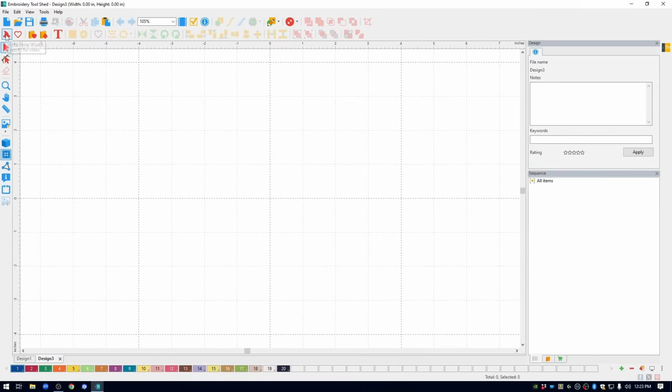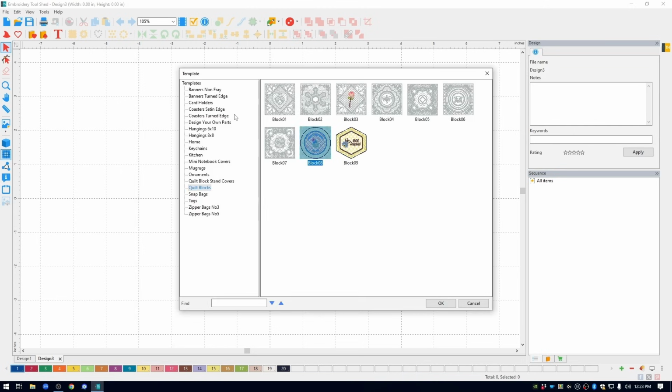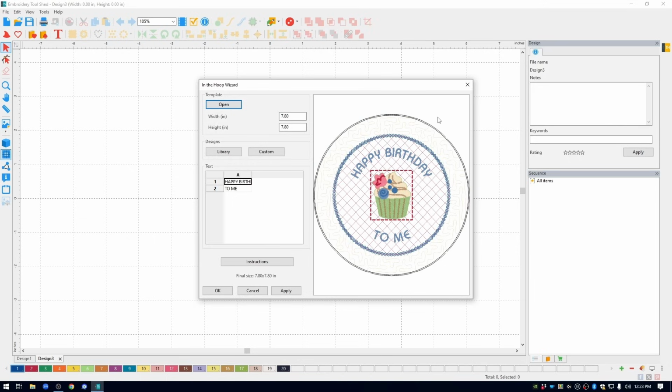I'm going to go into the upper left to the In the Hoop wizard. Under template, click open, drop down to quilt blocks and choose block number 8. Click OK to bring it into the wizard. I'm going to change the size and make mine 6.75, and I will do my other customization once it's on